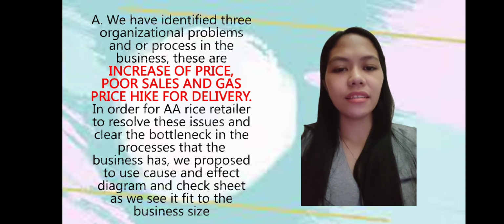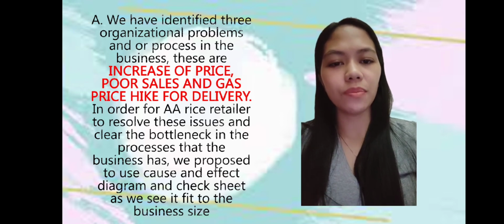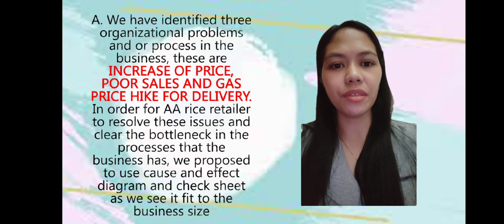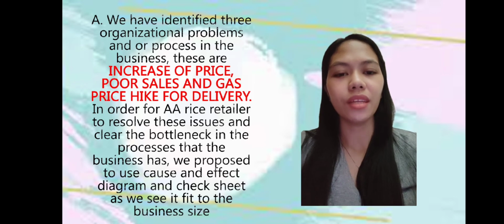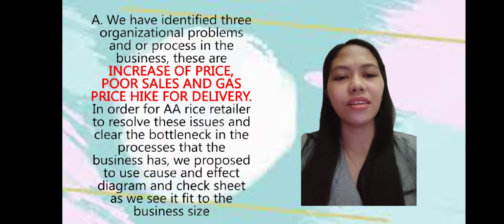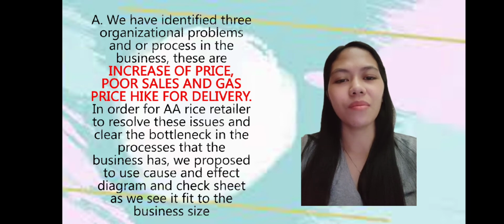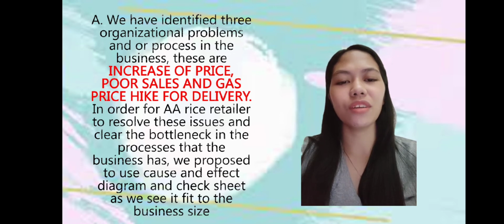We identified three organizational problems and/or processes in the business. These are increase of price, poor sales, and gas price hike for delivery. In order for AA Rice Retailer to resolve these issues and clear the bottleneck in the process that the business has, we propose to use cause and effect diagram and check sheet as we see it fit to the business